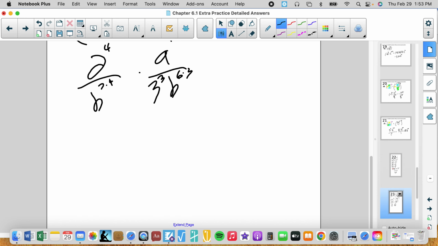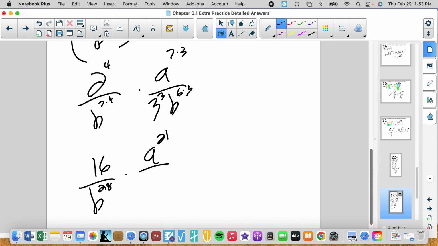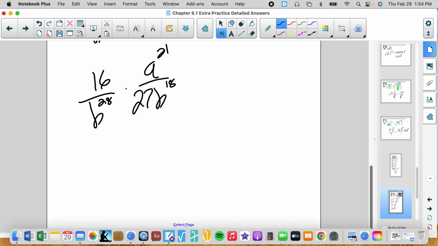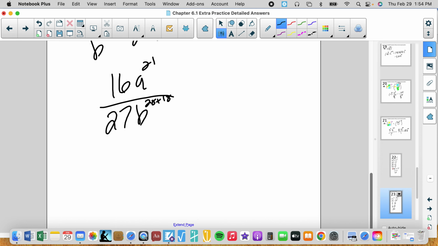2 to the 4th, 16. 7 times 4 is 28. A to the 21st over 27. 3 to the third is 27. B to the 18. All right. We have 16a to the 21st over 27b to the 28 plus 18. 16a to the 21st, 27 to the b,